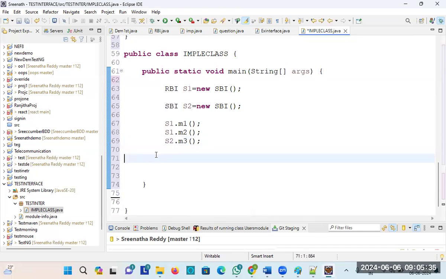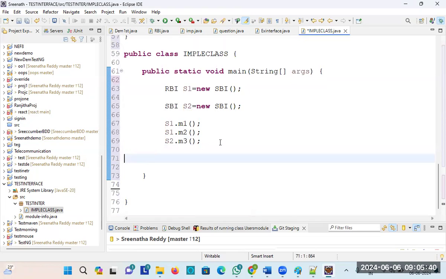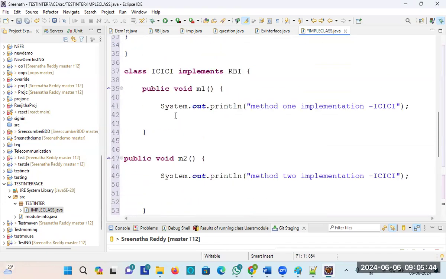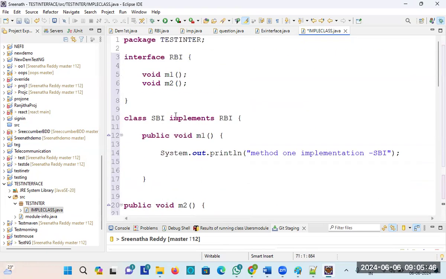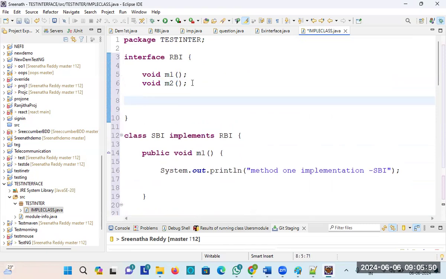So this is the way you have to create the objects, depending on your situation and which methods are present. For example, if you have some more methods like this, if you have 100 methods under the interface, then